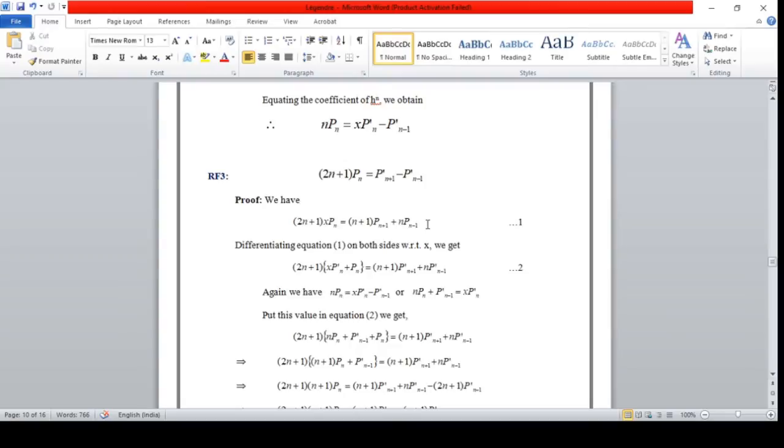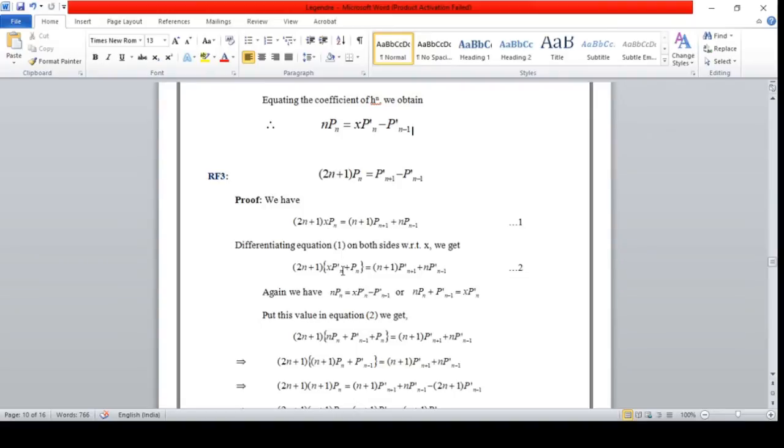Now this equation, recurrence formula number 1, differentiate with respect to x. We get, here we have two functions, x and Pn(x). So 2n plus 1 is constant, and here first function times derivative of second plus second function times derivative of first,